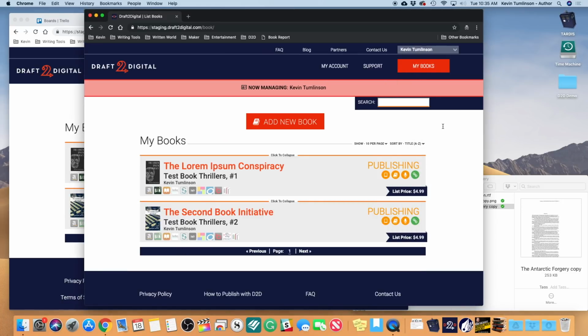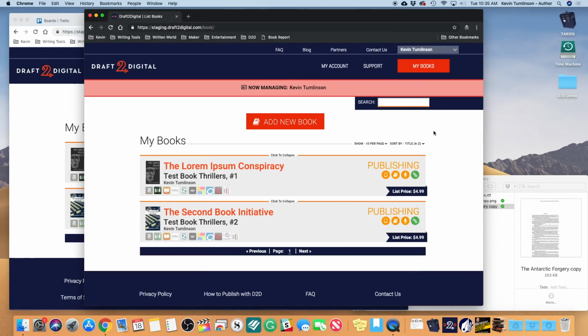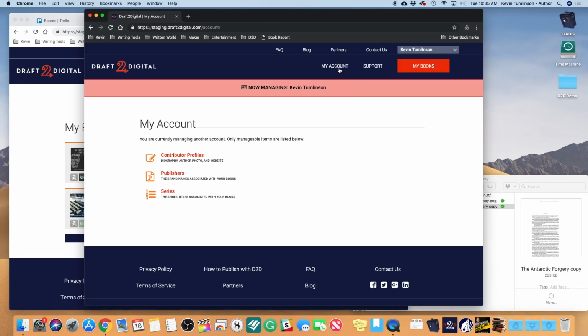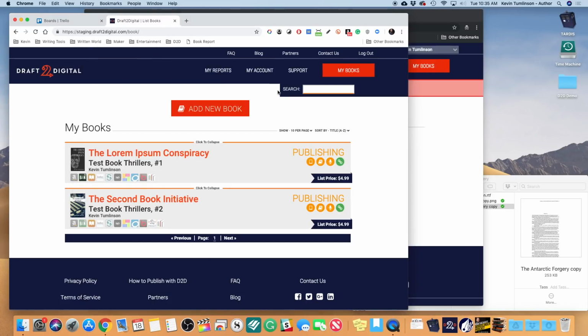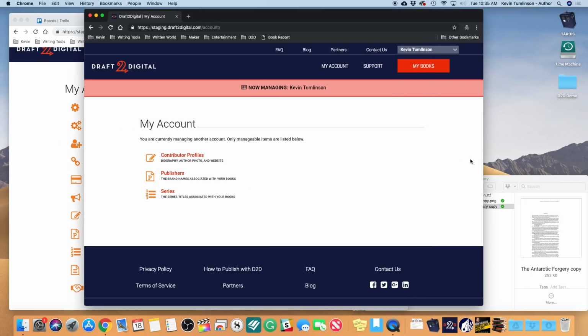We're logged in as ourselves here. But if we click back over, we see that My Reports, some things are missing. See? My Reports is missing. But there's more missing than that, actually, in the background. But we can click on My Account here, and we can really see the difference. So this is when you are logged in under your account, and this is when you're logged in under someone